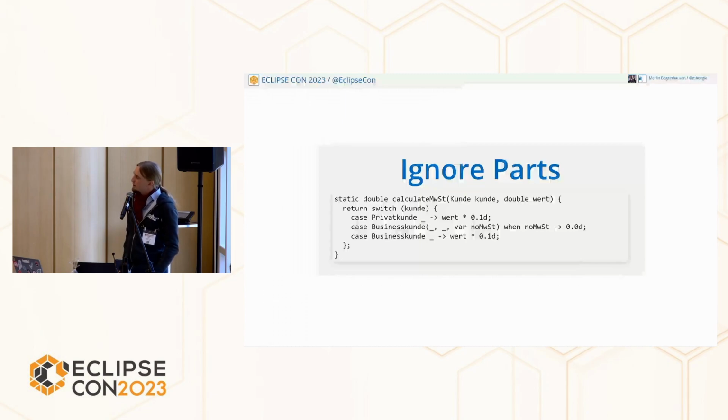On the business Kunde, it looks the same but is different, that's a pattern. We ignore this data, we don't assess it, we don't work with it, we don't check any of that. There's a component, I don't care what it is, because I only care that it is a business Kunde and it has this variable, this Boolean component at the end, and this one is true. This is the end for Java 21.